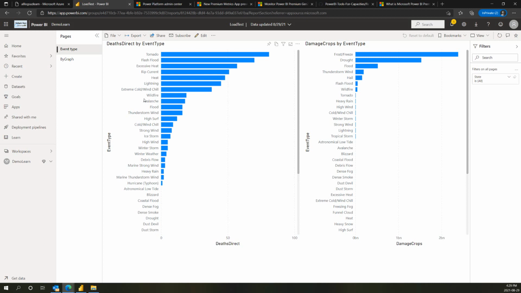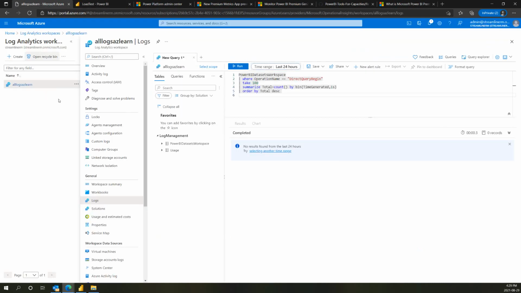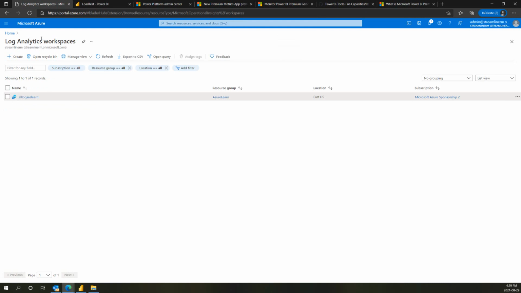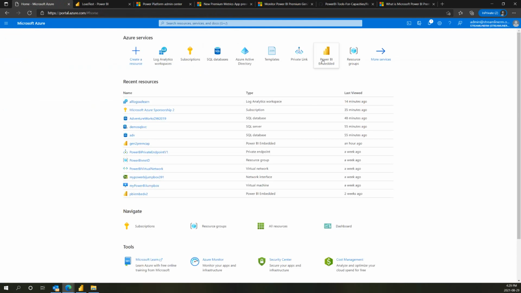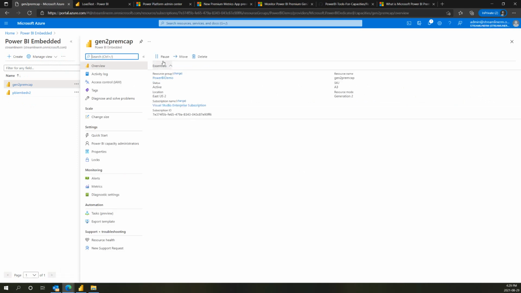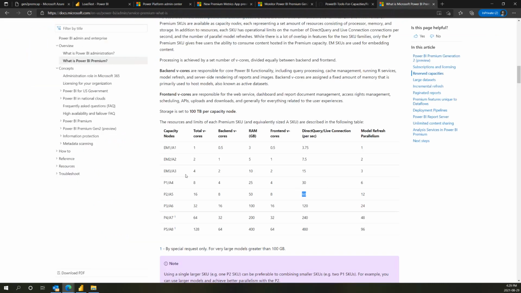And this report is hosted on an embed capacity. If I go into my embed capacity, under embedding and Gen2 capacity, you'll notice that I have a Gen2 A3 capacity. If we look at A3, we'll find that A3 has a 15 direct query limit, as an example,